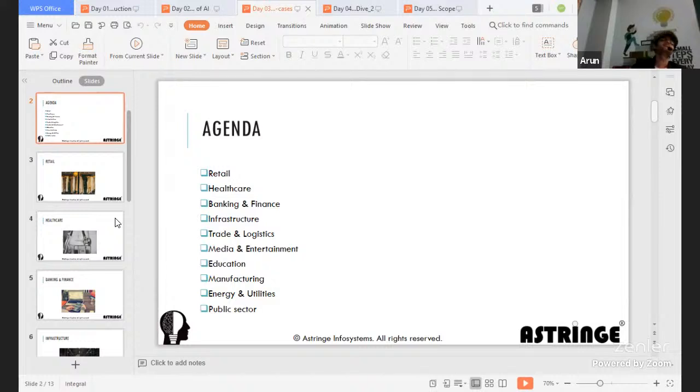And in media and entertainment, I'm pretty sure AI is profound as of today, particularly in the space of movie recommendations like Netflix, or as simple as ad personalization or targeting. So in all those areas of media and entertainment, AI could be used. And AI is already being used in the educational field, and I'm pretty sure it is going to have a profound impact in future as well.